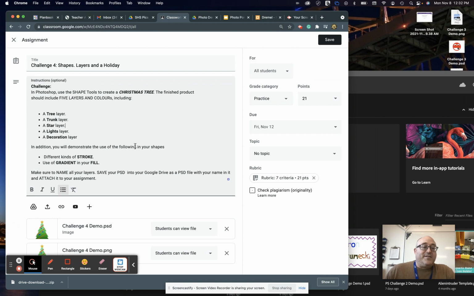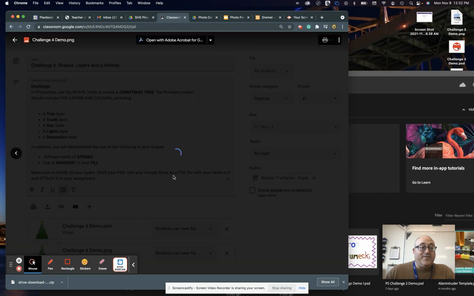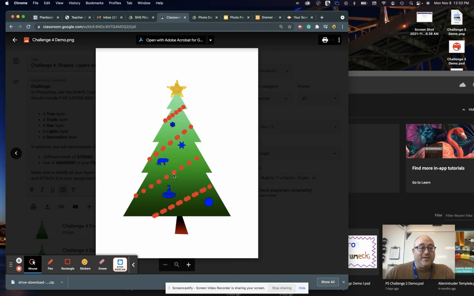In addition, you will demonstrate the use of the following in your shapes: different kinds of stroke, use of gradient in your fill. Now, I've attached a copy of the original PSD file here and a PNG that you can open up and look at so that you can have a good idea of what the final product should look like. Most notable, we're going to be using polygons to create stars, triangles, and we're going to be using strokes here to create these funky looking lights, and then custom shapes to add these Christmas tree ornaments, all within their own